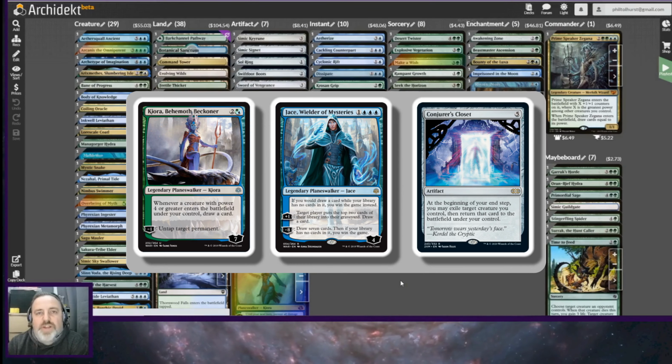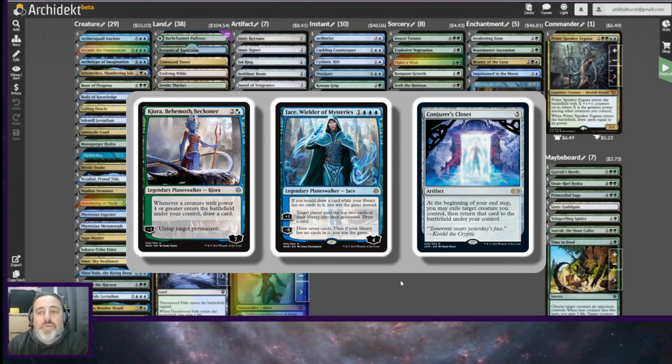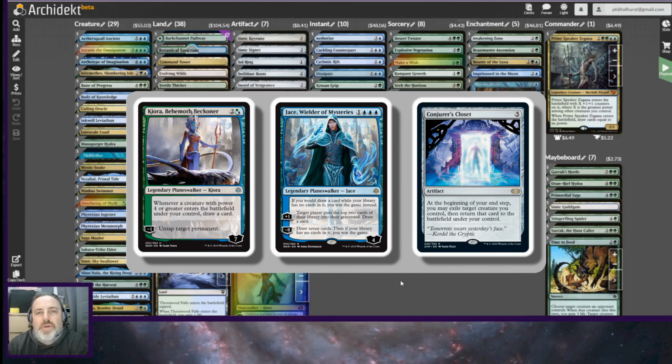Jace, Wielder of Mysteries. Now, the interesting thing about Jace is, like Laboratory Maniac, he says if you go to draw a card and you can't draw a card, you win the game. Now, I'm a little bit of a fan of having alternate win cons in commander decks. So, okay, the way this deck wins, you can win in one of 2 ways, but generally, it just bulldozes